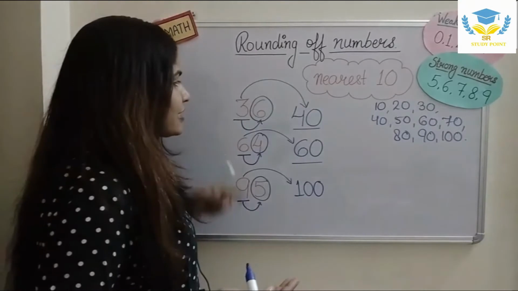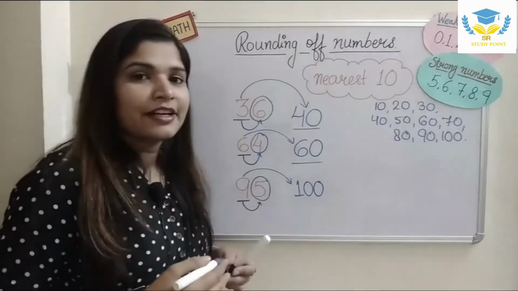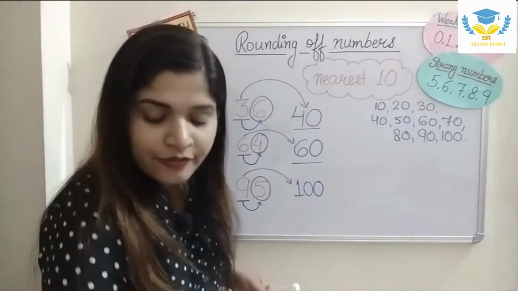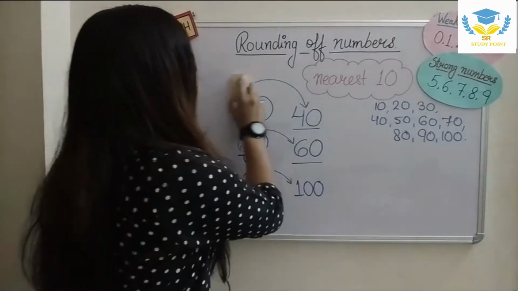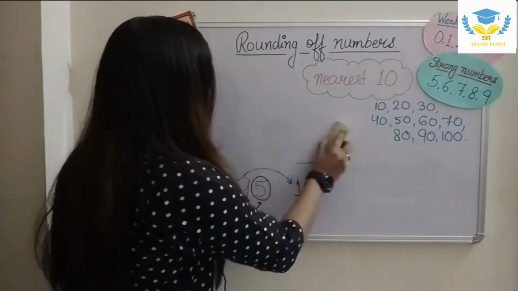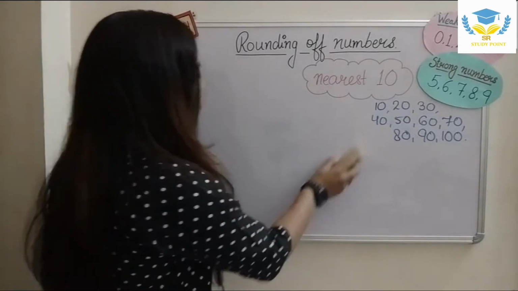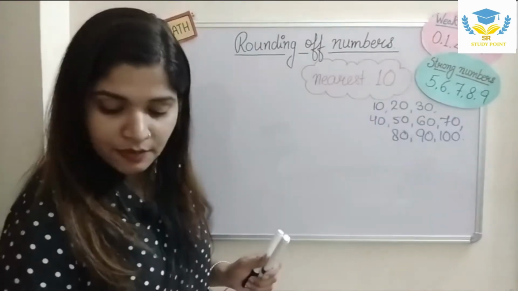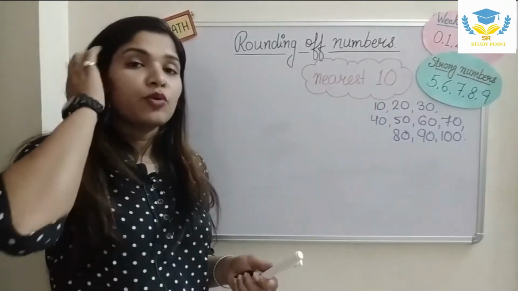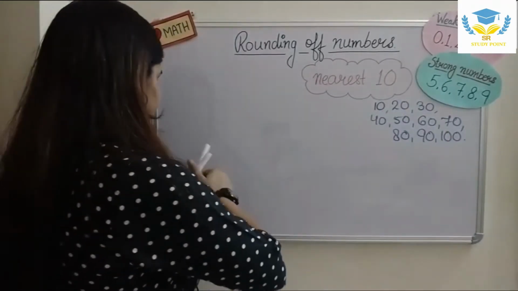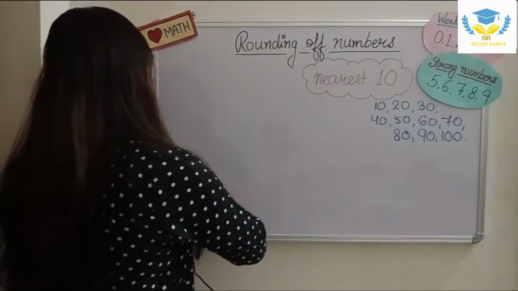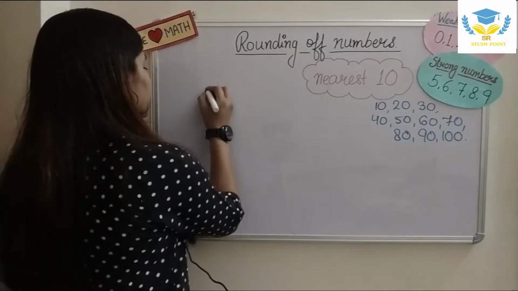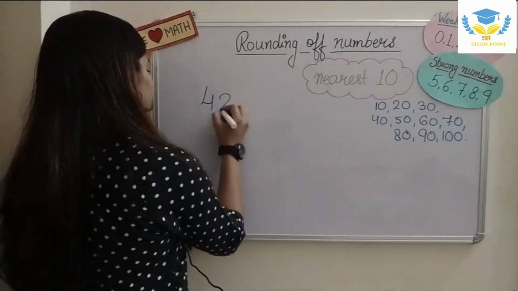I hope, children, this is clear to you. The 2-digit numbers are clear to you. What if we have a 3-digit number? That means if we are doing round off to the nearest 10, but we have a 3-digit number or more than a 3-digit number. Let us see. If I have a number 426,